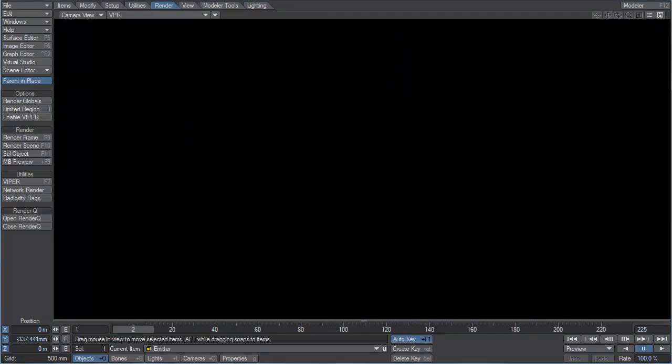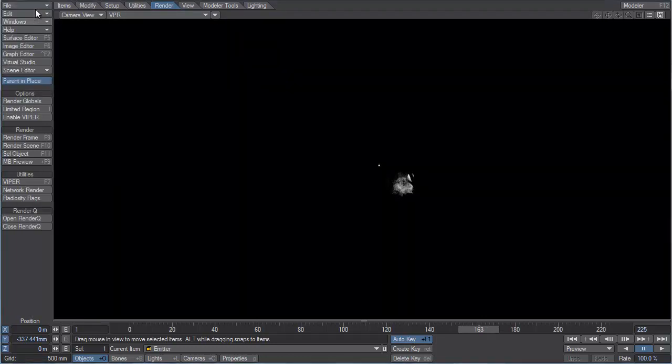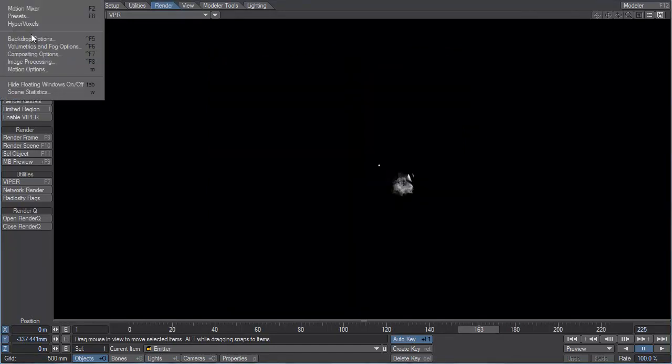Alright, we see nothing yet because of course the lights haven't started working. We need to find a frame where the lights are blinking on. There's one right there. So if we just go forward quickly, we can see it looks like we have some volumetrics turned on as well. So we'll make sure to open our Windows volumetric options